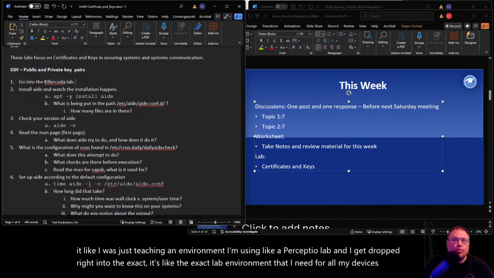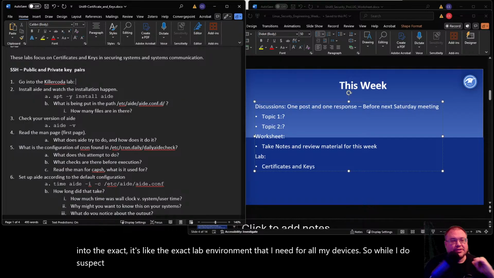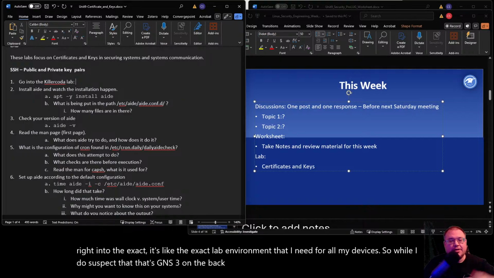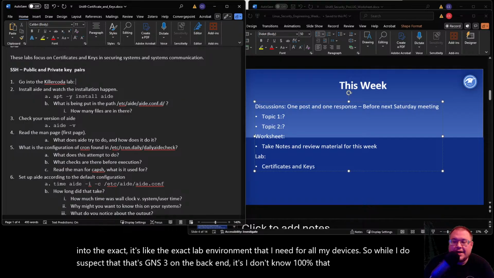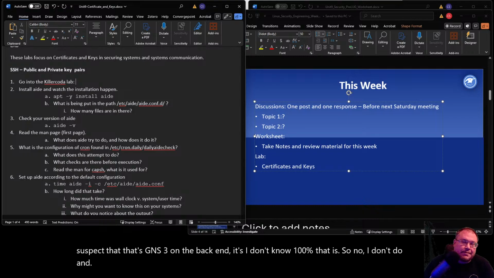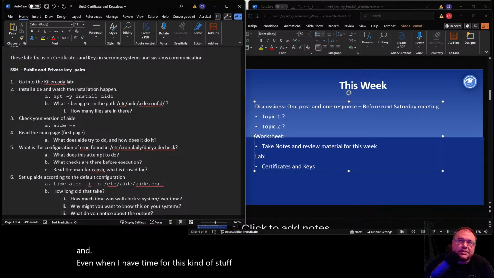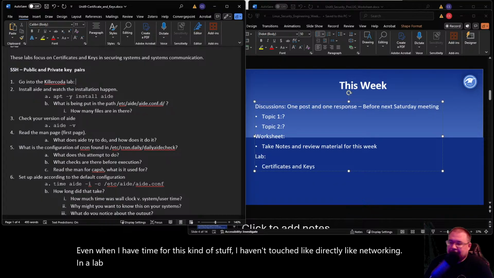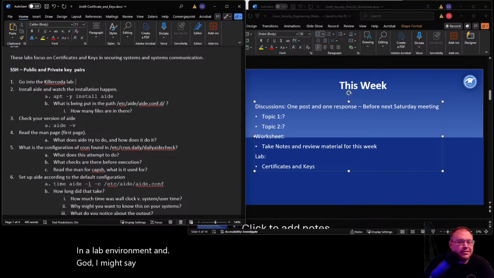So while I do suspect that that's GNS3 on the back end, I don't know 100% that it is. So no, I don't do, and even when I have time for this kind of stuff, I haven't touched networking in a lab environment in, God, I might say almost 15 years now. For sure over 12 years.